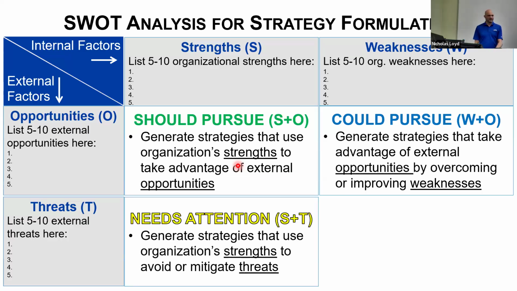We could have a strength. Hey, we're really, really good at this, but then there could be potential threats that could compromise that strength. We're really, really good at making big trucks that get 5 miles a gallon. Now there are threats of regulations and fuel emissions and all of that. Something that might have been a strength creates the threat, says we need to pay attention to this. And how do we redirect our strengths to mitigate the threat? One of the two.